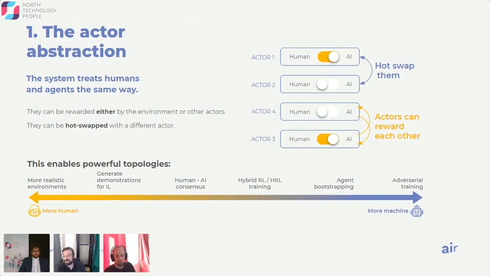So this is a very easy way you can get over the data scarcity problem in certain cases. Why? The fact that you're going to be injecting humans in the loop into your training environment does not mean that it has to be the only training you do. You can be running pure RL where the role of the human is being taken by either a script or by an agent, or potentially an agent that has learned through imitation learning to approximate as best as possible how humans have been contributing to the process, so that you can supplement your training process with other means.